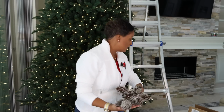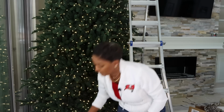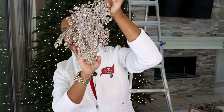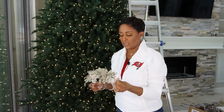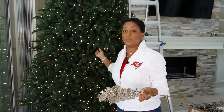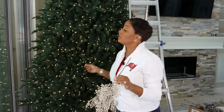So I'm excited to start with this. And we'll go from there. So I had ordered a couple other things, like this pick, which is just stunning. Like, it's so pretty. But again, this tree is just not giving me, this is like elegant vibes. This tree is giving me natural vibes. So I'm gonna pull back from using so much ribbon. I'm gonna use a lot of picks this year,